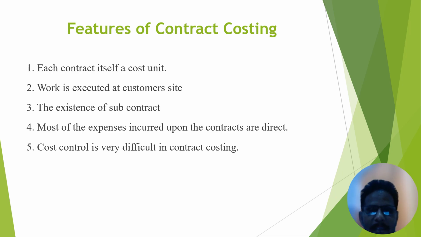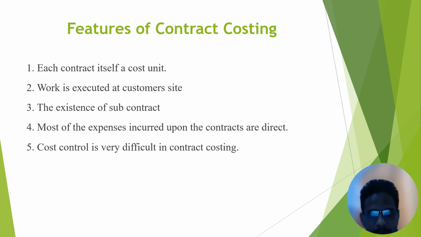Next, under contract costing, we have the existence of subcontract cost. It means under the main contract, the contractor gives some part of work to another contractor, like for furniture work, the main contractor gives